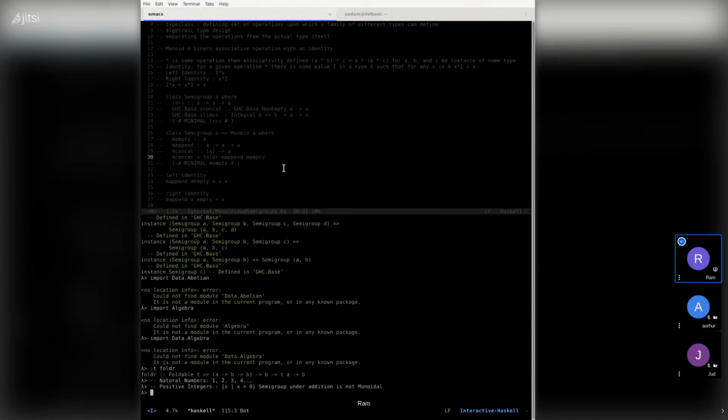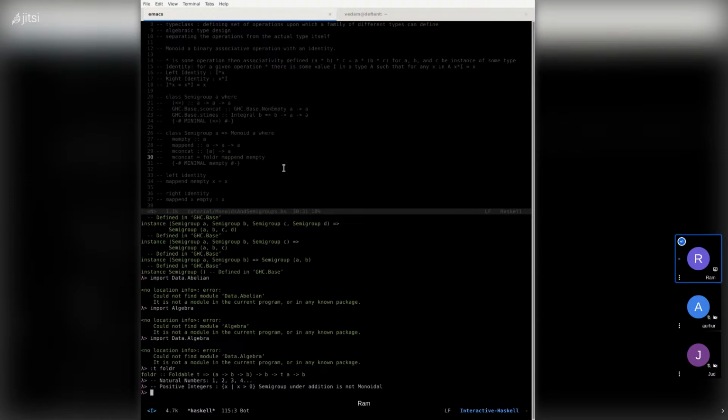So this is very important to understand. When you say something is monoidal, it has to have this identity operation, and if we define the set correctly, it becomes important to recognize that it may not include the necessary identity element for it to actually be closed under that and become a monoid.